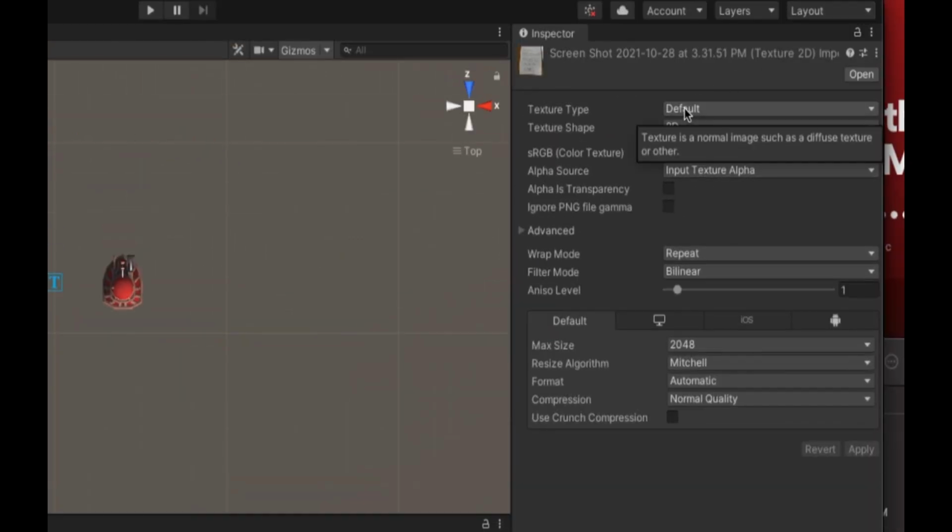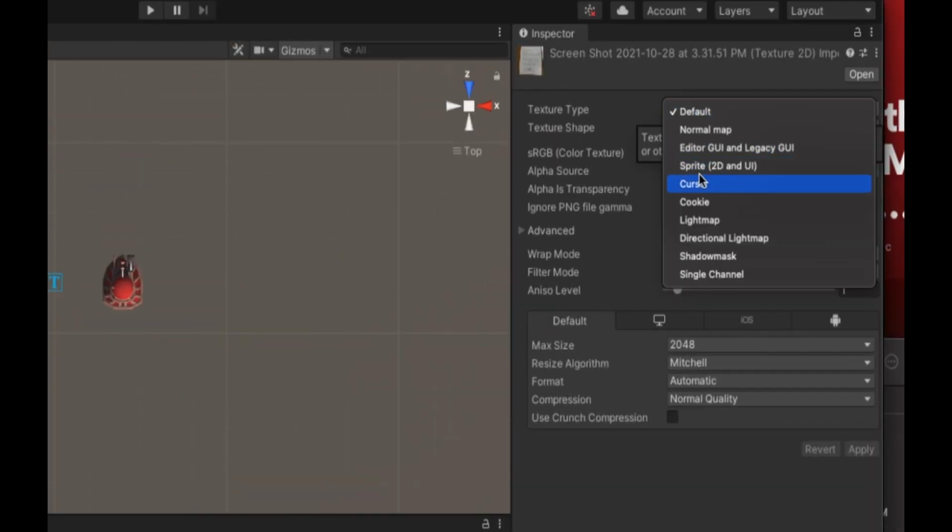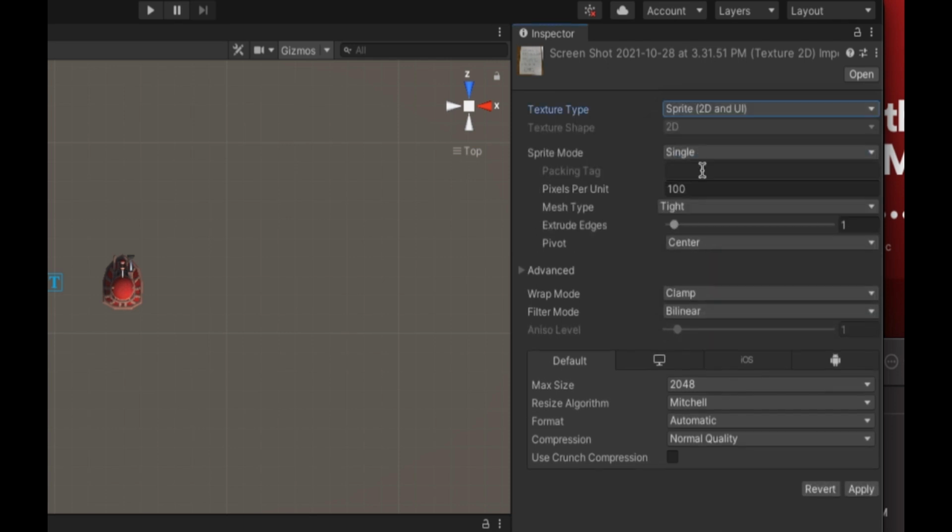So I've got this screenshot, and let me just zoom in a bit more. What it does is we have to tell it that they're sprites. Sprites are basically 2D images that allow you to animate things. It's a first-class citizen inside of Unity. It says, I'm a JPEG, but once I'm a sprite, I can be used to animate or change things around, but we need to get that piece. So we tell it it's a sprite,